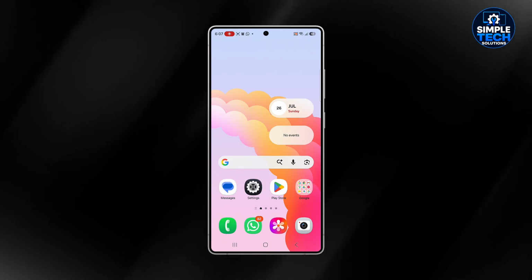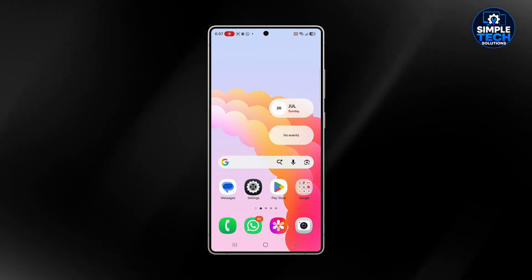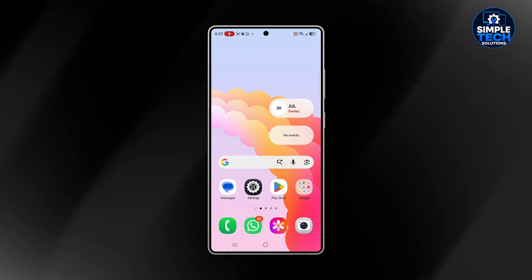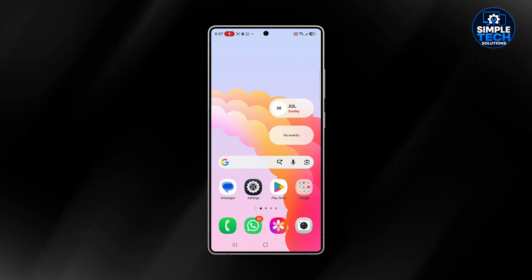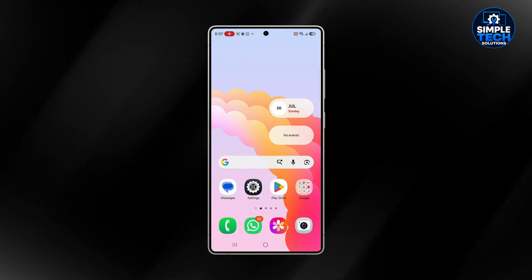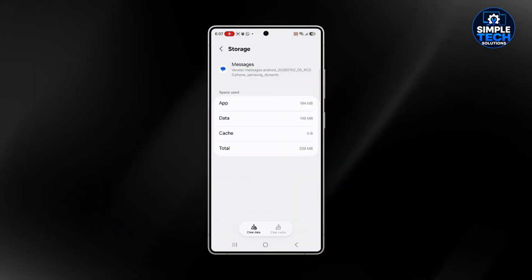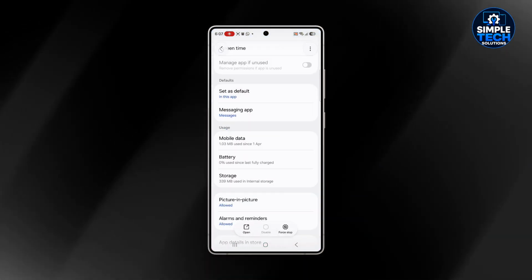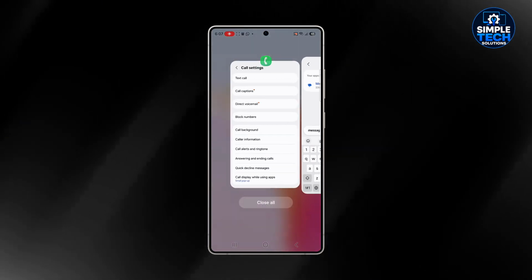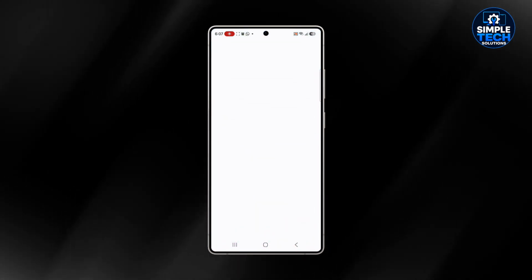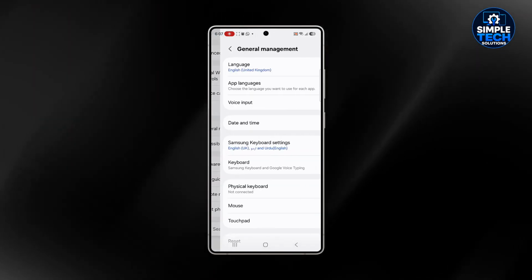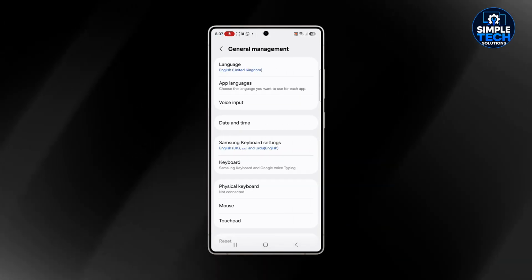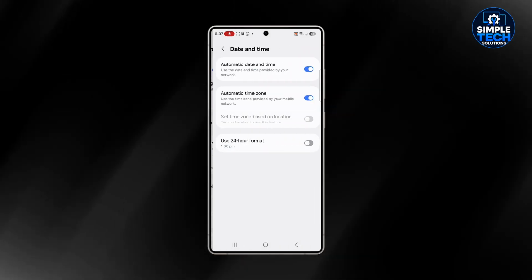is check the date and time. If your phone's date and time is not correct, you have to make sure that it's correct. Go to settings and go to general management and go to date and time.